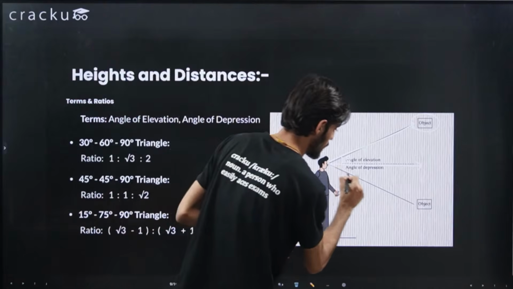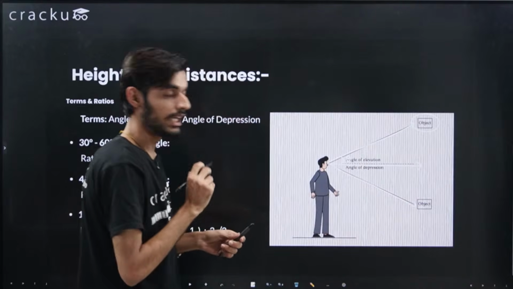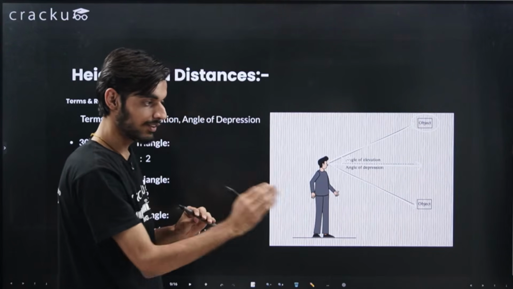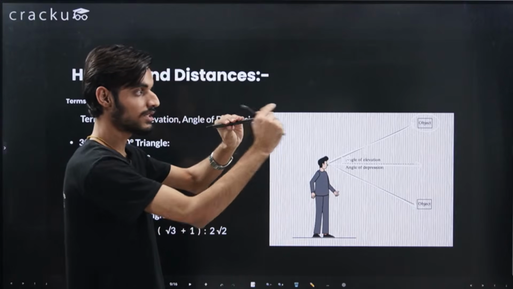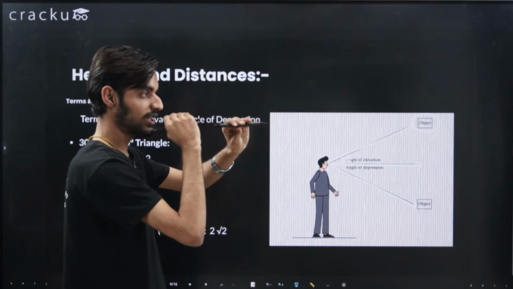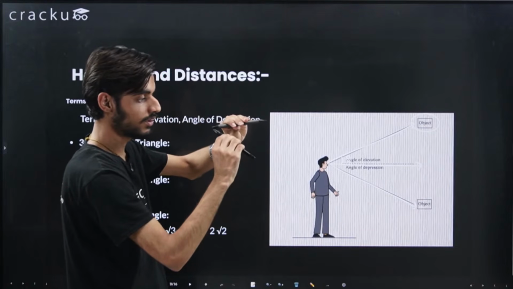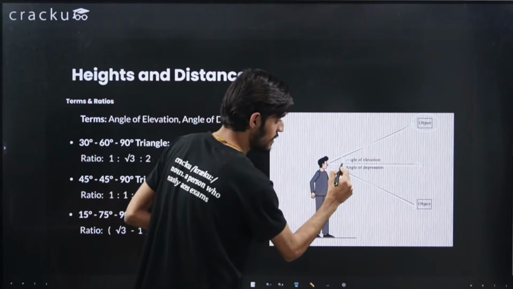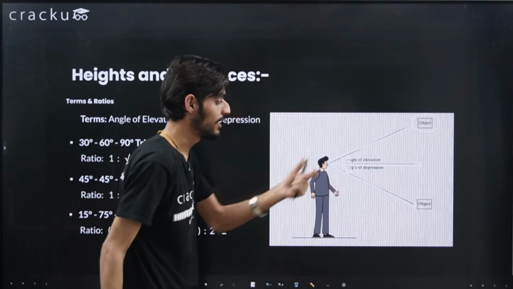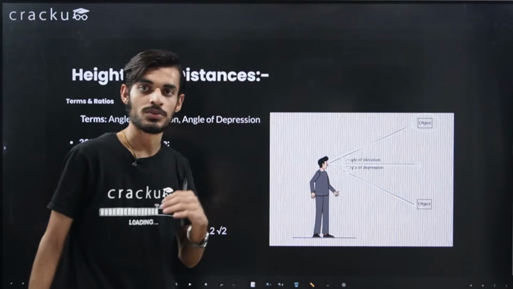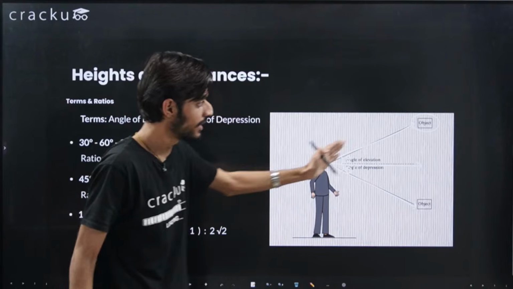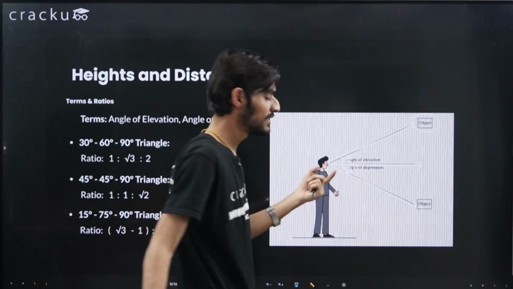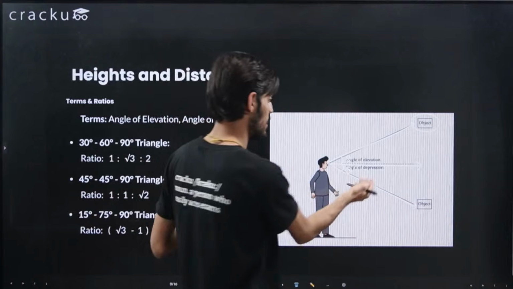You can do the same for the angle of depression also. If I'm looking at an object which is on the ground, I will look like this. Whatever angle that makes with the same eye level, this is the perpendicular with respect to my eye, and the object is there, so the angle made here will be the angle of depression. Let's say I denote it by theta dash. This is the angle of depression when we are looking at an object on the ground, and when we are looking at an object at some height, it forms the angle of elevation. With the help of this image, I think you should be able to understand this.